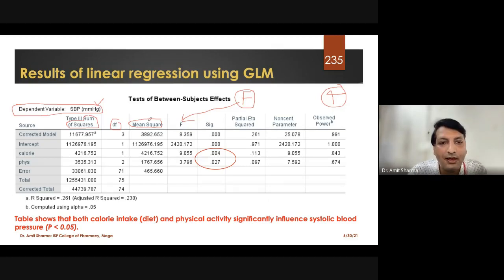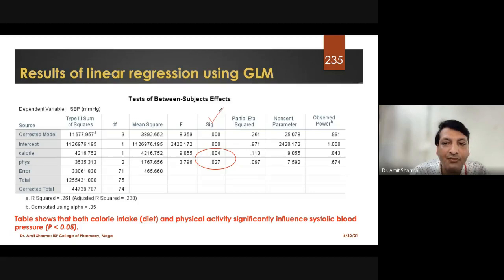Clear? Now, from this table, from the research point of view, we have to see the significant value, and we have to identify where our two independent variables are. The software does a little modification.